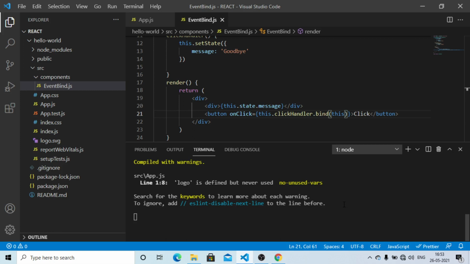So now we would like to discuss the second method of how we can bind the event handlers.